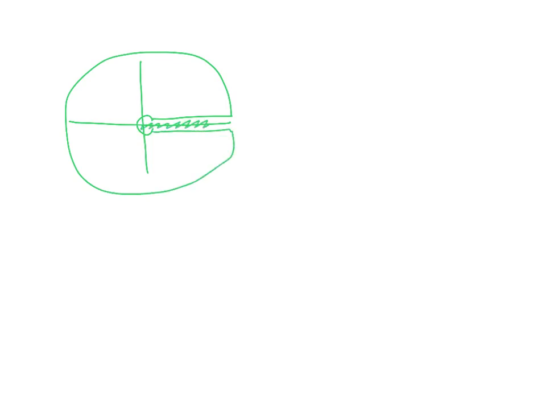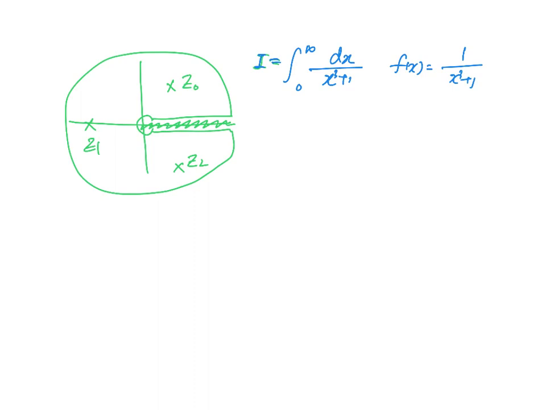You have a branch cut, you have poles, z0, z1, z2. So the original integral is this. So f of x is 1 over x cubed plus 1, but we transformed it into the following integral for this function, ln z over z cubed plus 1. Then